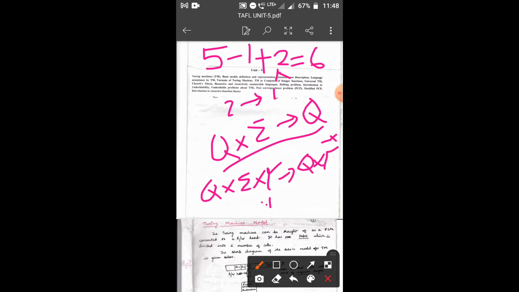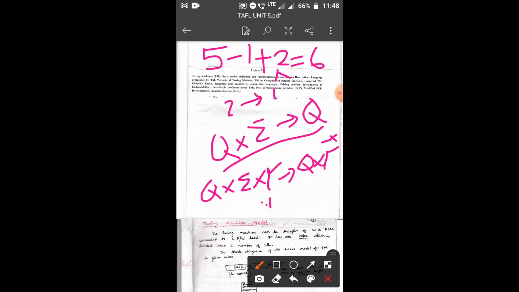So sometimes they are totally disjoint sets, but sometimes they have some common symbols also. It depends upon which Mealy or Moore machine we are designing.